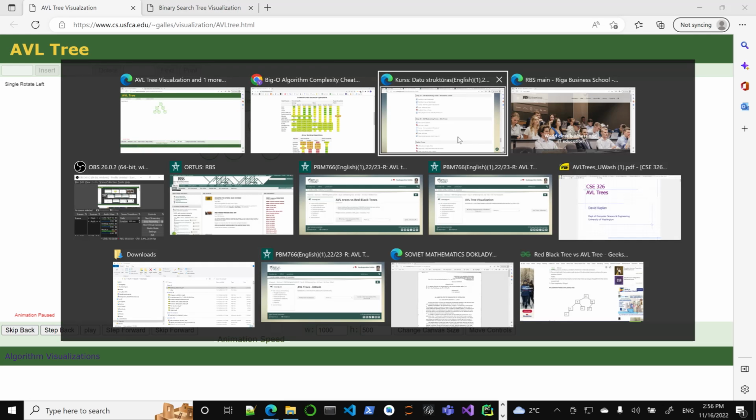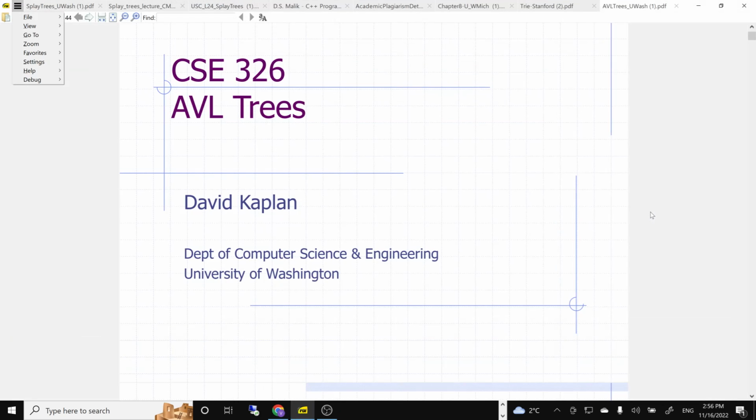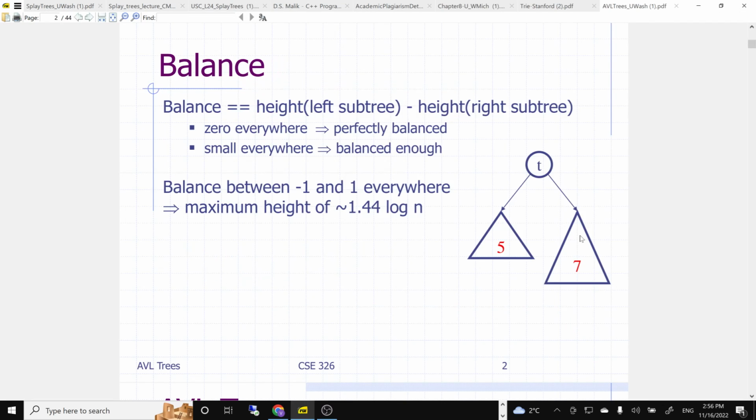We're going to be using slides from our colleagues at the University of Washington, David Kaplan from AVL trees, and let's take a look. So, balance, right? So, it actually can be proven the balance maximum height will be 1.4 log n, right? So, balance means what? Height of left subtree, height of the right subtree, right? If you have 0 everywhere, it's perfect balance. If it's small everywhere, which is what we are going to do here in these AVL trees, then that's balanced